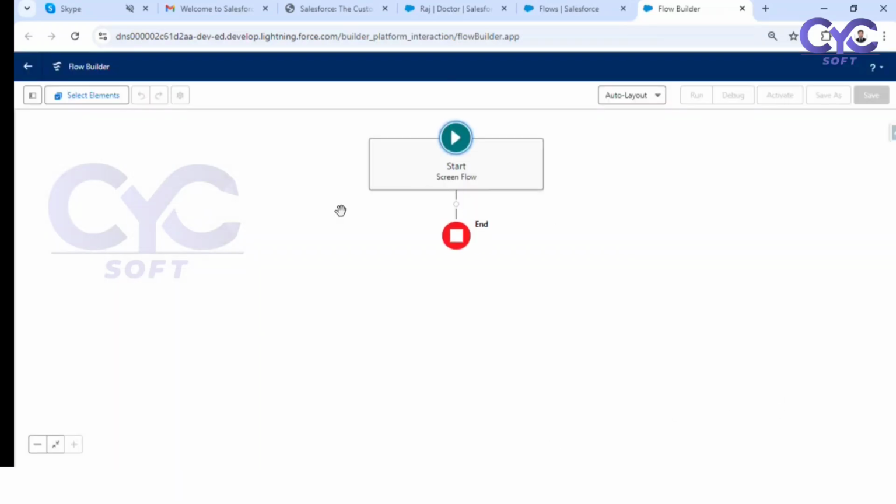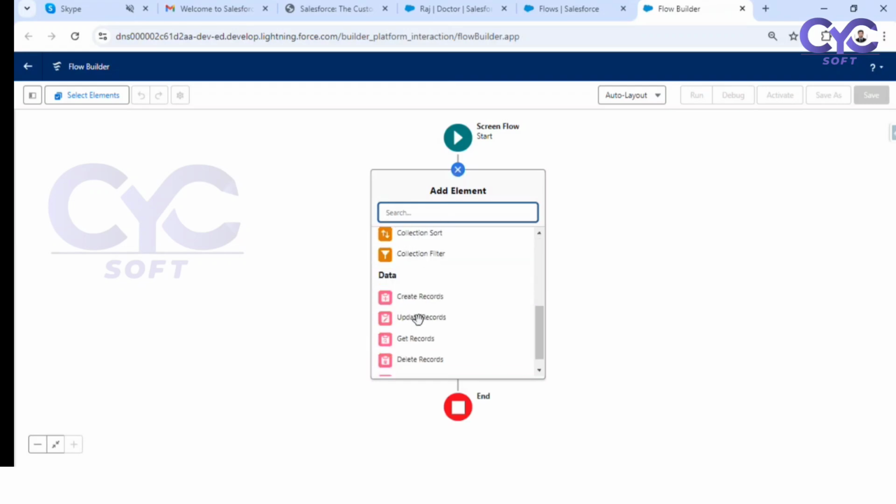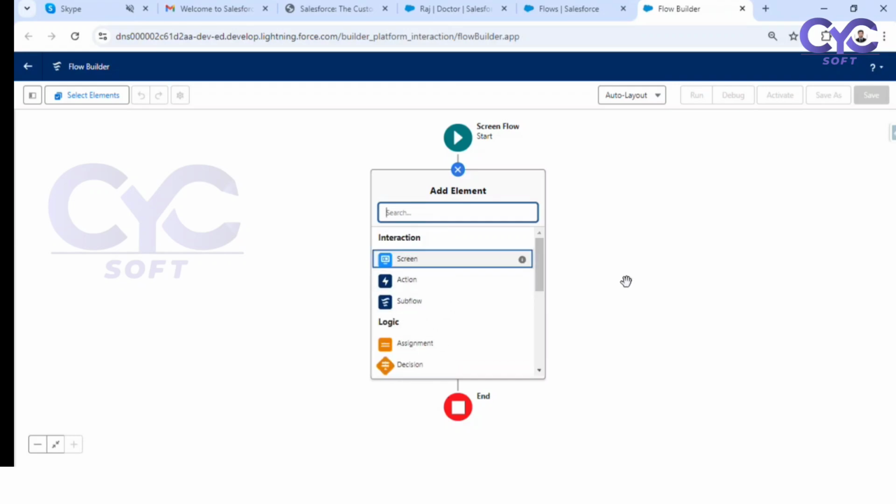Now inside this flow, what is here start and what is here end? Right. So this is the start element here, which we are going to start the flow. And in between you are seeing here the plus icon. Click on this plus button. See here, you are having all these elements. This is the interaction element, logic element, data element. So under each element, what are the actions we are going to have,